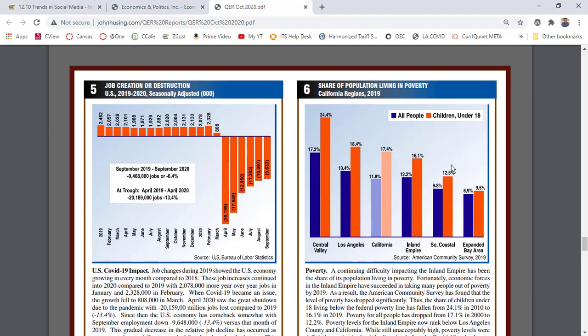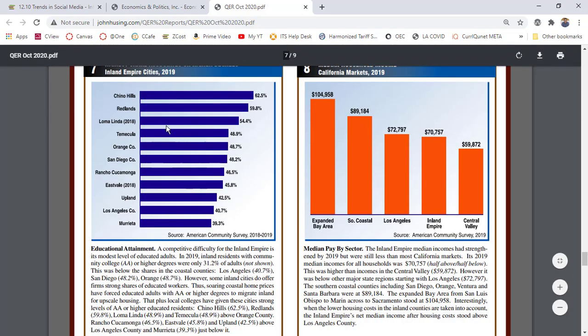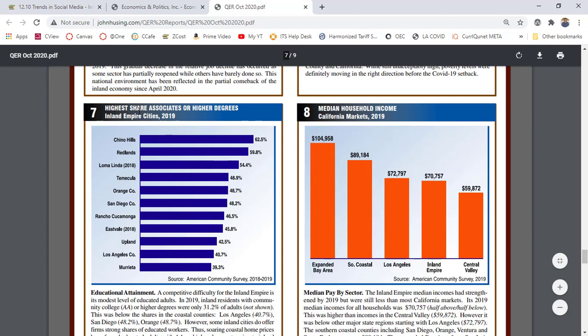A little bit more, since I'm on the topic, I wanted to show about, again, in the midst of a pandemic, job creation or destruction. Well, we know, but this is where we are now. April was the biggest drop, and so all of these, this is where we are. And there we go. This is also what I wanted to show you here.